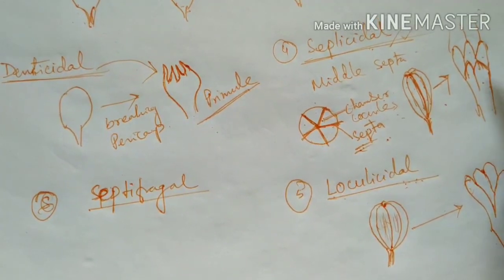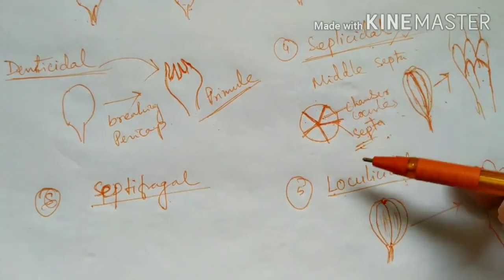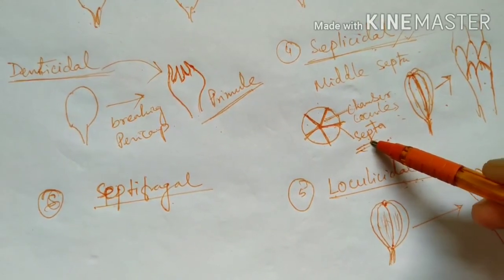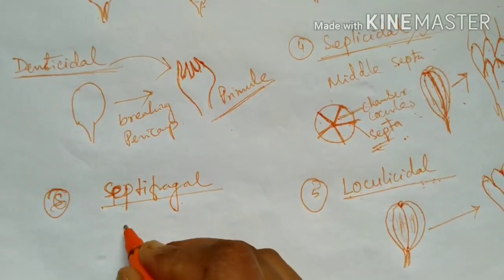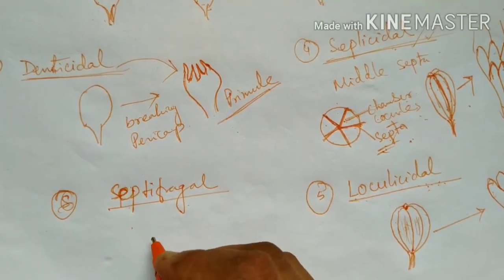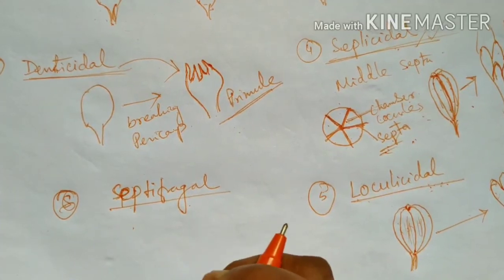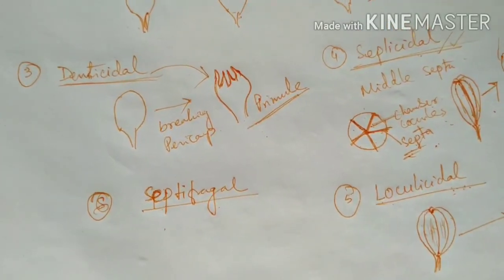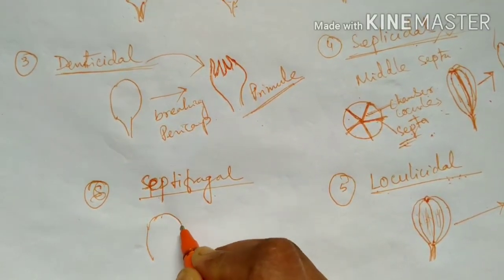Okay, so in septifragal, the fruit breaks through locule and septa, and all pericarps fall off. Okay, only the seeds remain attached with the central axis. So if we draw a picture, if this is a fruit,